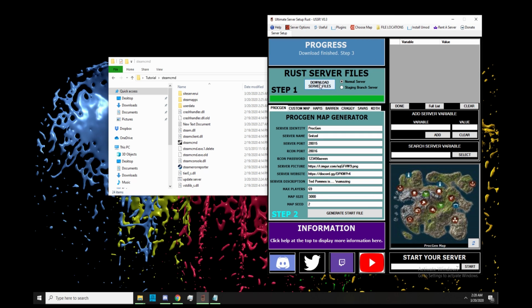The next step is, because it's done, it's downloaded it, it says go to step 3, which is how bad it is because it's step 2. That's how bad my program is programmed. Anyway,